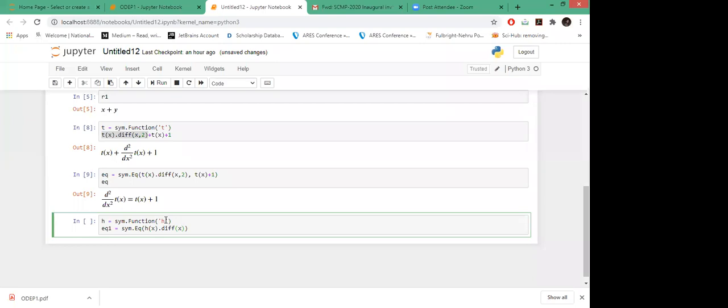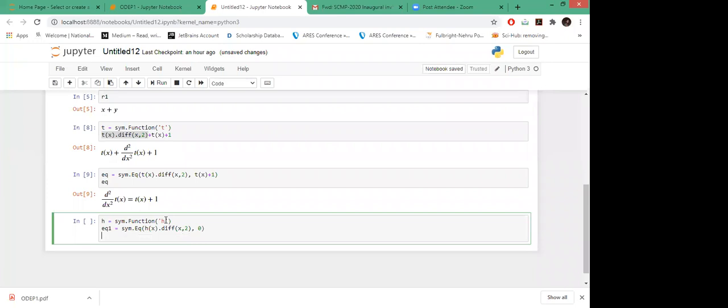Differentiation with respect to x, this is the second order. Okay, this is my equation 1. Now I will call this classify_ode.